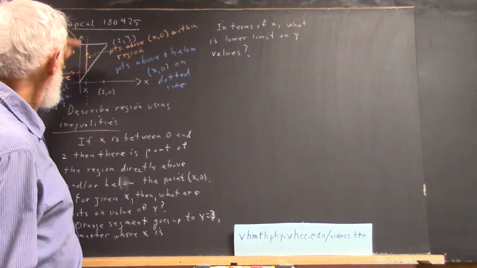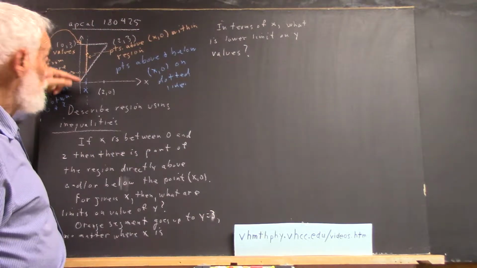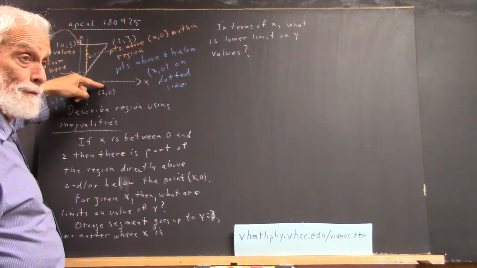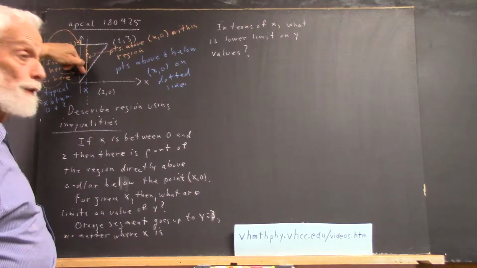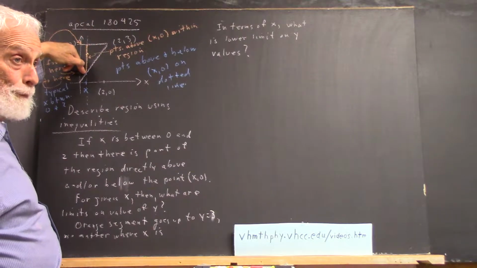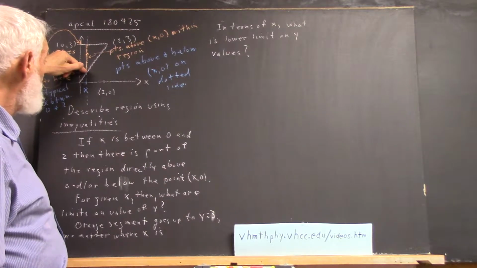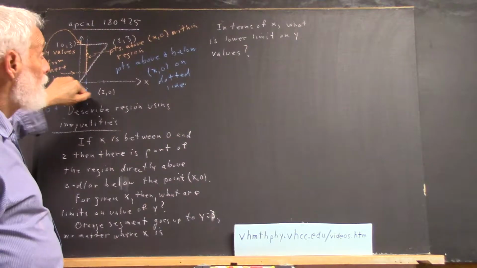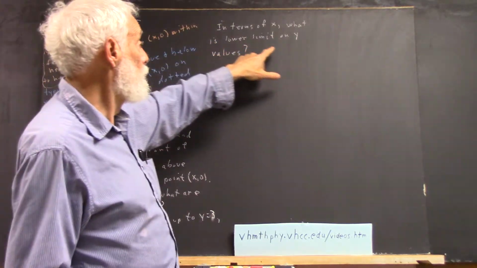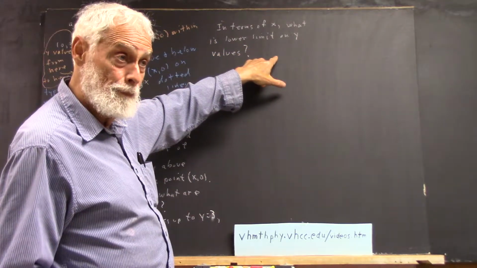number for where the y value starts. The further x is to the right, the greater the y value at the lower end of this segment, right? So where the lower end of this segment is has to be figured out in terms of the value of x, right? So in terms of x, what's the lower limit on y values? Now,